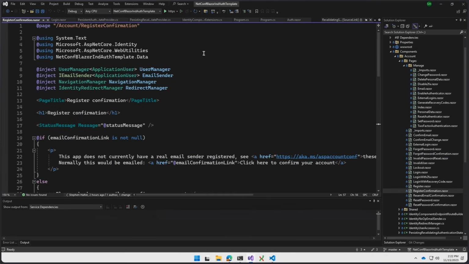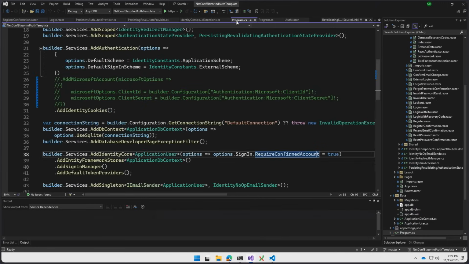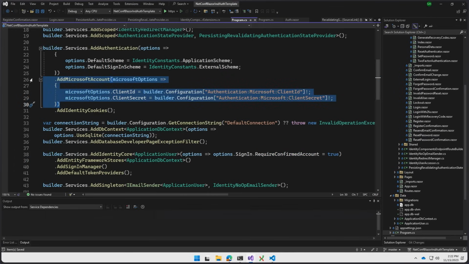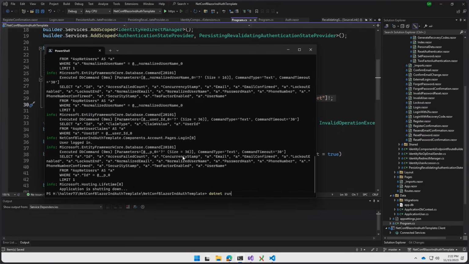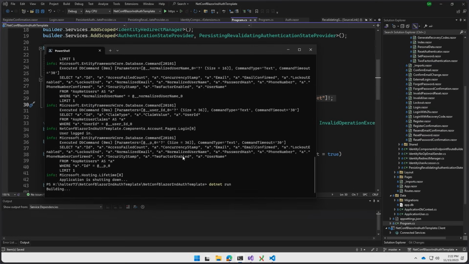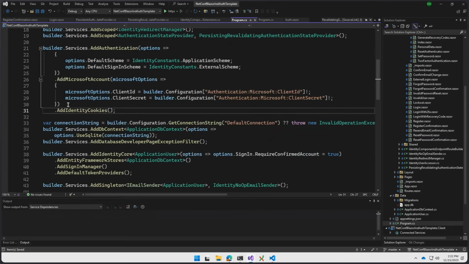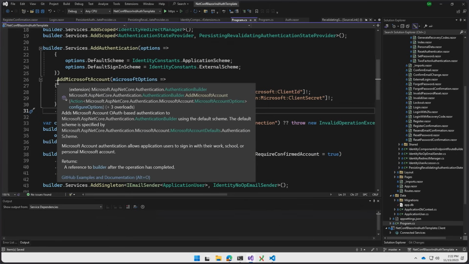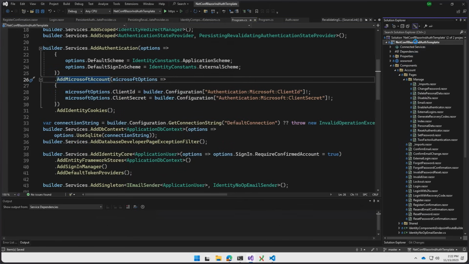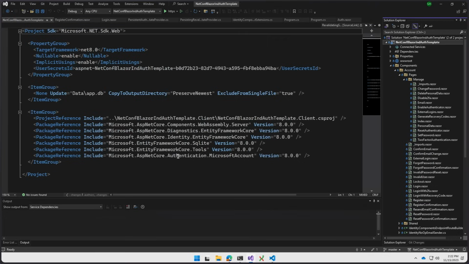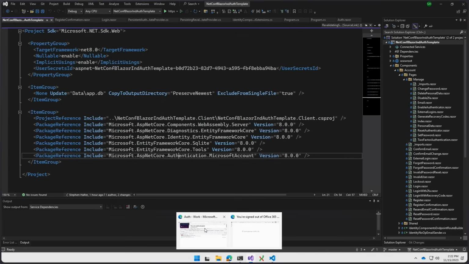I already am using Microsoft Entra or whatever. I kind of gave it away earlier when I showed this common code. I used user secrets to already configure the client ID and the client secret. I'm running this from here, so I'll just restart it after making those changes. And you'll notice that with just adding this call to AddMicrosoftAccount on the server project, and then we did also add a NuGet reference, we should, if all goes according to plan,